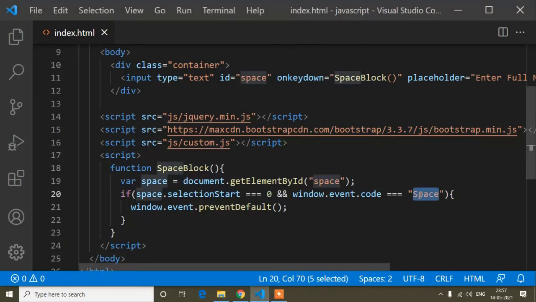But if I enter anything first, suppose the name is John, after that I can add a space. And if I move the cursor back to the first position and try to add a space, I cannot, because the selection start is 0 again and it matches the condition. But I can add any other character. Hope you understand, and this video will help you.